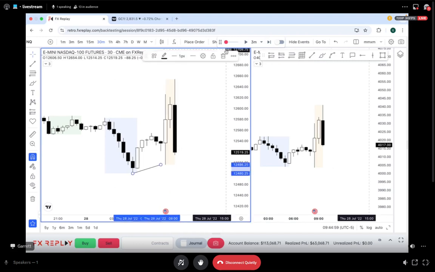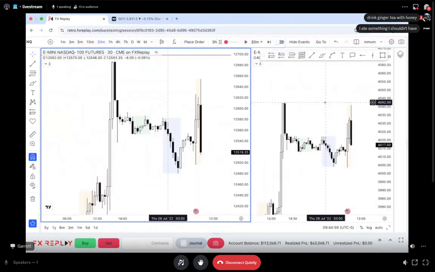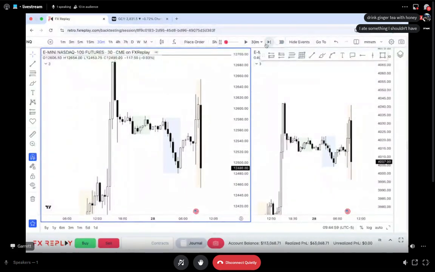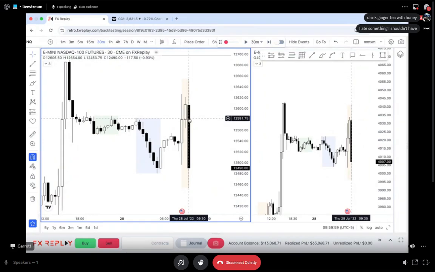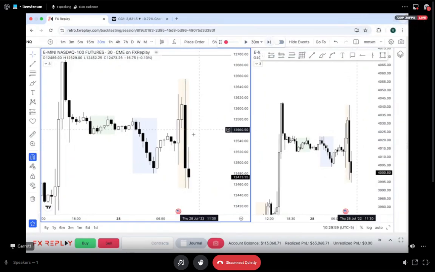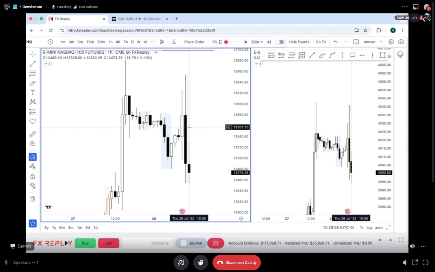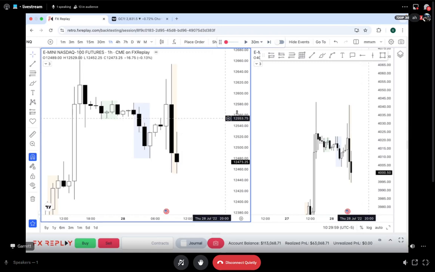I don't like that reaction though, to be honest. I don't know why we're reversing. I know we have, no, we don't have SMT either. We should still go higher. I don't think I'm gonna long this, or short this. See the next candle here. I don't know about this, chief. Okay, so we have an okay